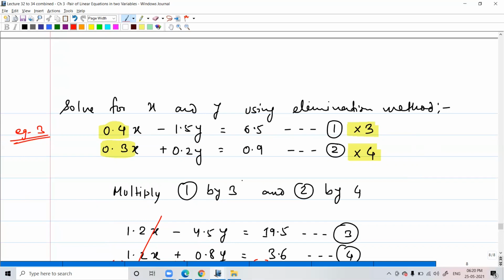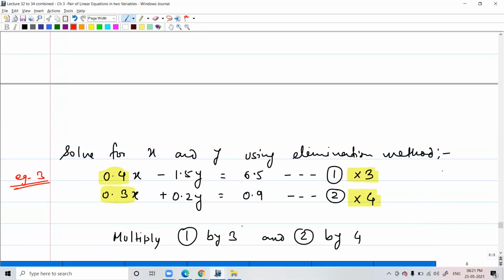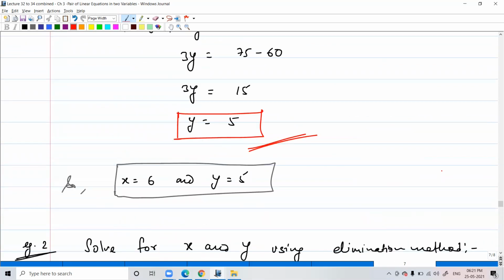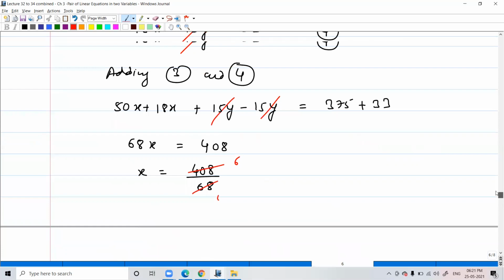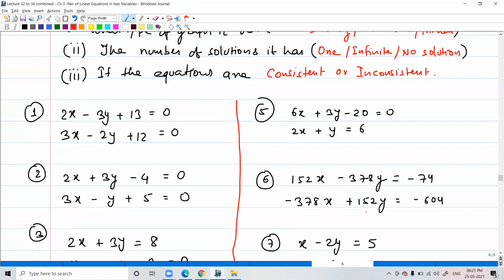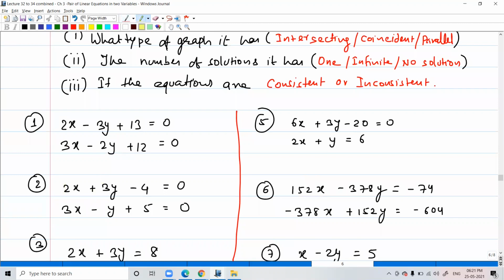Okay, fine. So that's enough for the maths class, guys. And what you are going to do now, all the questions which I gave you in the previous class for graphical method. Once you have completed this, you would know which equations have one solution, right? Let's say you find that this second equation has one solution. If this one has one solution, then you will use the elimination method to find the solution for this one. Is everyone clear what I'm asking you to do? If it has no solution,